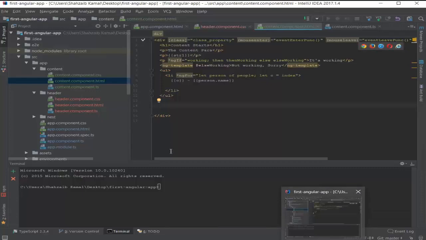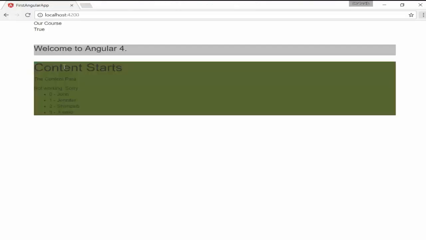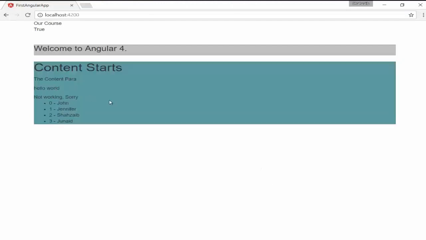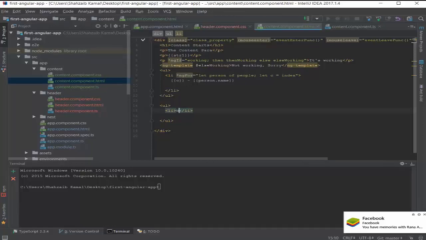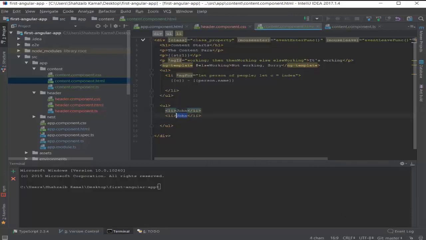So you know that we applied different techniques to this area, and I just want to apply another one to this area again. I'm going back to the notepad, and here I'm making a UL again. I just want to show you how it works, and inside the UL I'm making some LIs. I'm putting some text here: John, duplicate, and here Mark, duplicate,